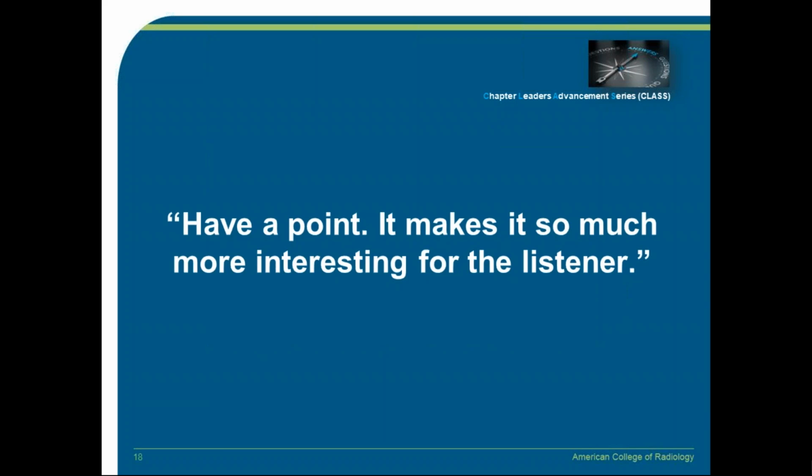And one of his lines is, when you're telling these stories, have a point. It makes it so much more interesting for the listener. And that's really what we talk about when we discuss the content we're putting together for anybody who's receiving our emails. We want to make sure that the call to action, and what we're sharing, is all pertinent information. For example, the how-tos are going to be beneficial for them, for practice, for any number of things. This day in history could easily relate to radiology, but it's also helpful because it helps engage readers with the content. Even if it is tongue-in-cheek, it still has a point, where it's engaging the readers, leading them to your call to action.